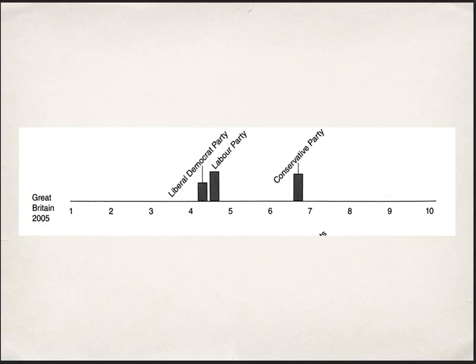The UK is pretty bad, but in 2005, we're seeing something of a switch. I shouldn't say a switch in the equilibrium, that's the wrong way to say it. What I mean is that there's a moment of disequilibrium. The Liberal Democrat Party was at this point ascendant. They had